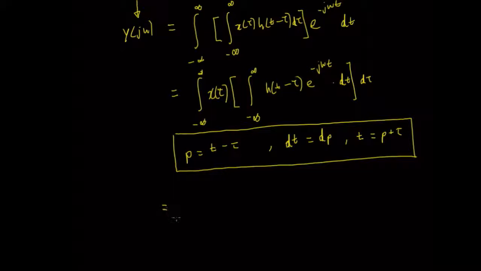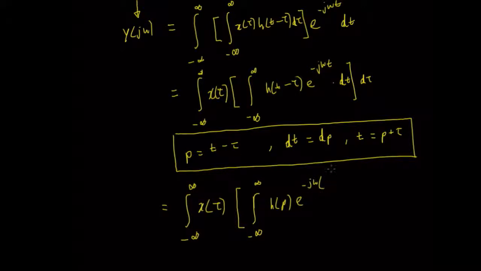So you're going to end up with the integral from minus infinity to infinity of x of tau, times, I'll keep the bracket round about it so you can keep it separate, times our integral from minus infinity to infinity of h of p, because we've replaced the t minus tau with a p. It's going to be e to the minus j omega